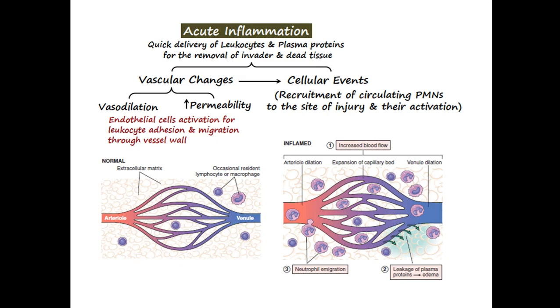Then we proceed to the cellular events, and the cellular events will be to bring more polymorphonuclear leukocytes to the site of injury after the vascular changes in the form of vasodilation and increased permeability. What happens is that the neutrophils are polymorphonuclear leukocytes in acute inflammation, and the mononuclear cells are chronic inflammatory cells